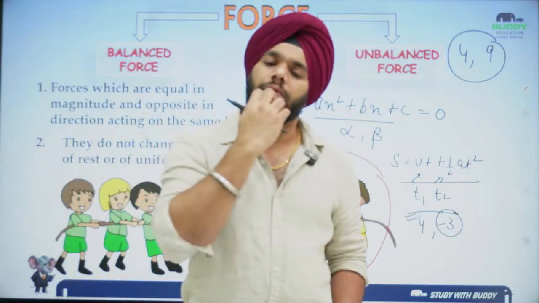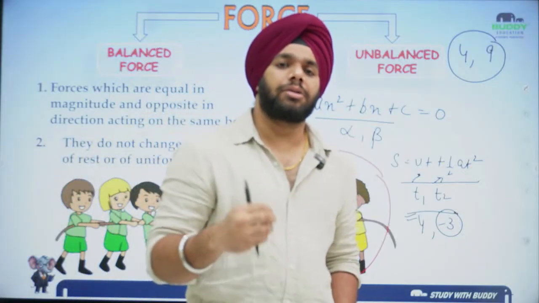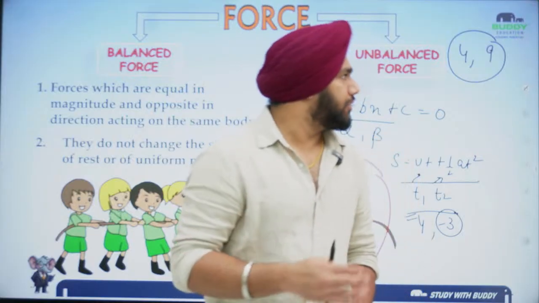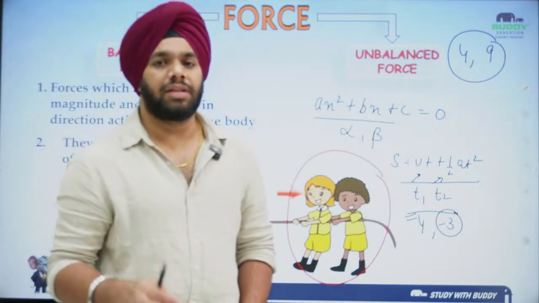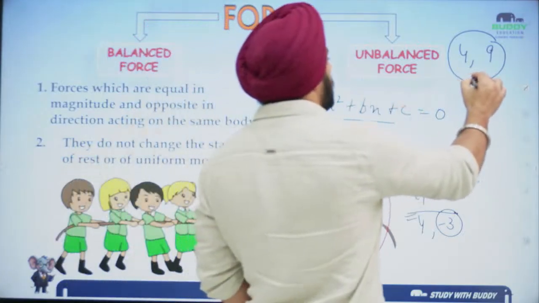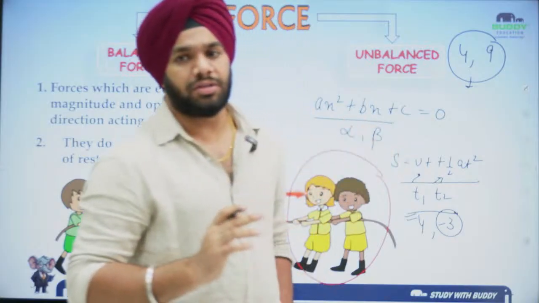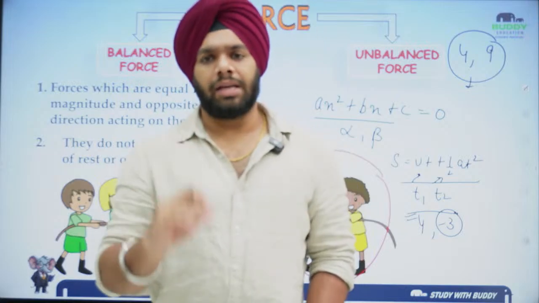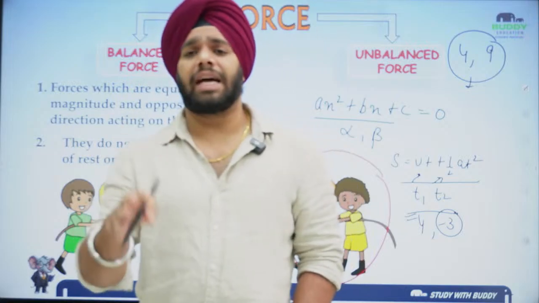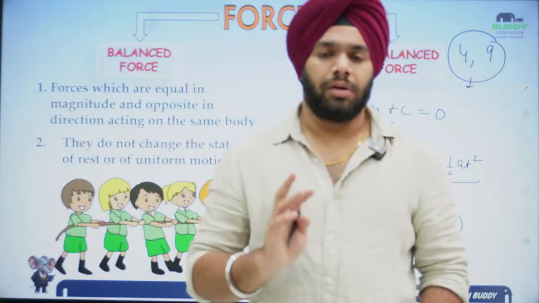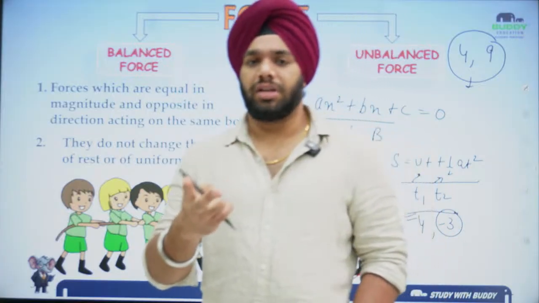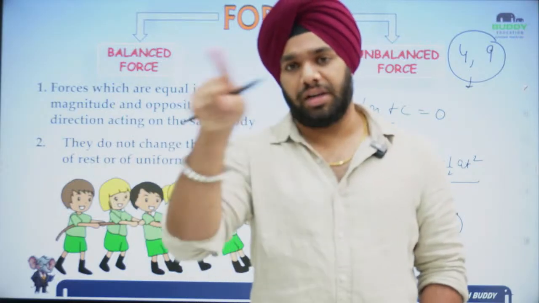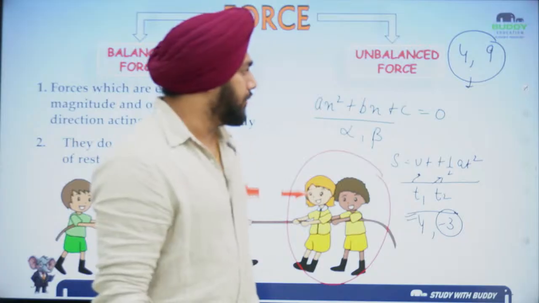Obviously right now in class 9th, I don't think you get these kinds of questions, but if you are preparing for class 11th, there is a particular topic called turning point, where you can see these types of questions. So don't get confused. If you get s is equal to ut plus half at square, you can neglect the negative time, because time cannot be negative. And if both times are positive, the position of the body is the same, so it is turning around. Okay, I'll continue with this.